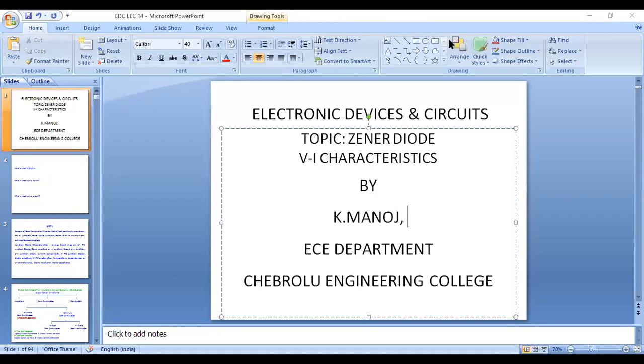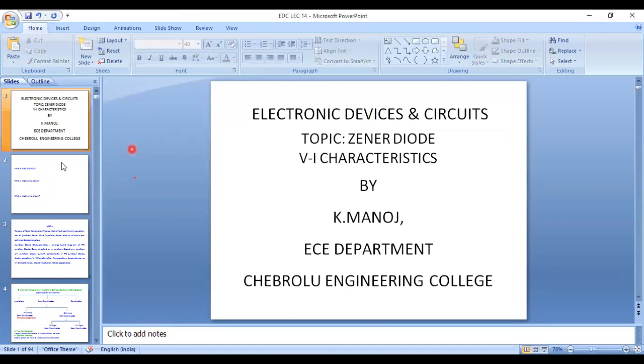Today's topic is Zener diode, characteristics of Zener diode, right? So, in my previous class, we have discussed the construction, formation of junction, and transport of charge carriers like electrons and holes, and conduction mechanism in PN diode, how current increases in forward bias condition,